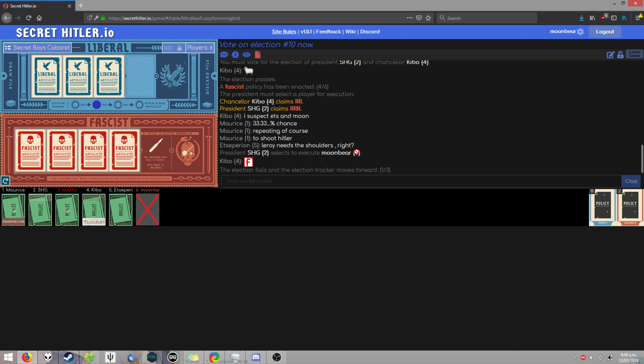Okay, so anyway, now we're liberals, going Kibo and Maurice. If the liberals keep their heads on their shoulders, we'll win this one mathematically. Because if I get forced to play a fascist card... Wait, but Kibo, why are we choosing Maurice twice though? The election fails. But anyway, listen to me mathematically. If Kibo chooses me and